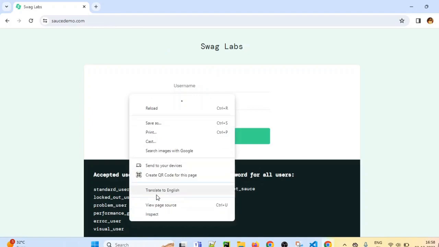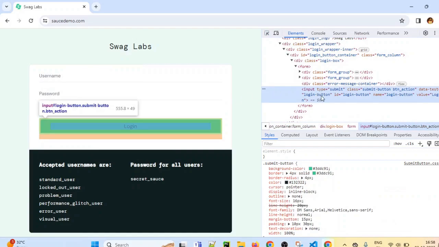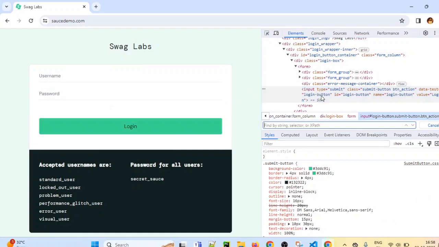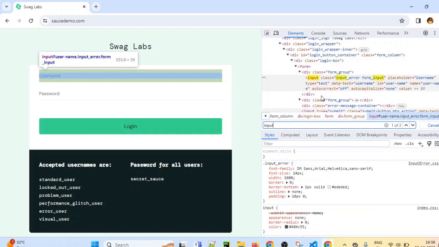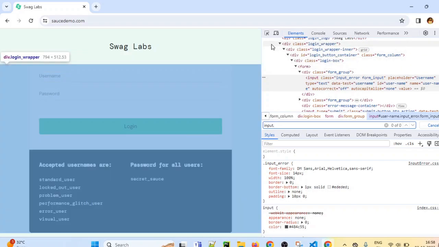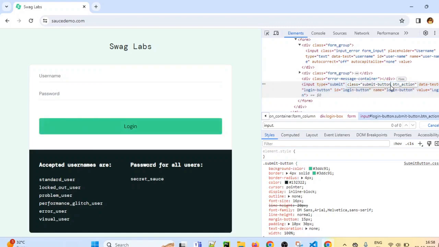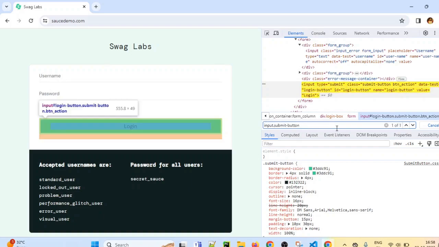So I will just highlight one more time. This is the login button. So let's try to write. So I will just use Control F. Tag name is input. And for class name, if I want to use the class name, I have to use dot. What is the class name for this login button? So if you see there is a space, then we can only take the part which is before the space, that is submit hyphen button. So this is the class name which we can take, input dot class name. So it will identify the login button.